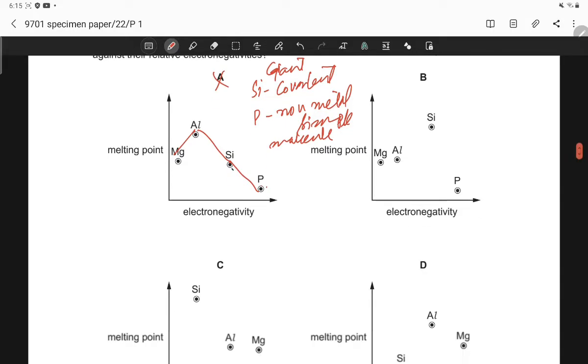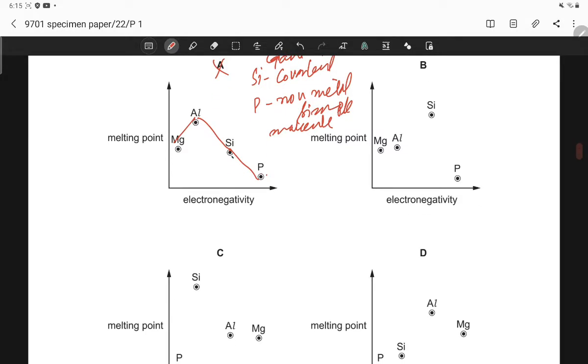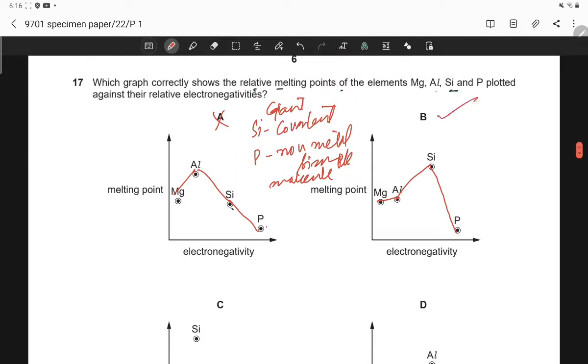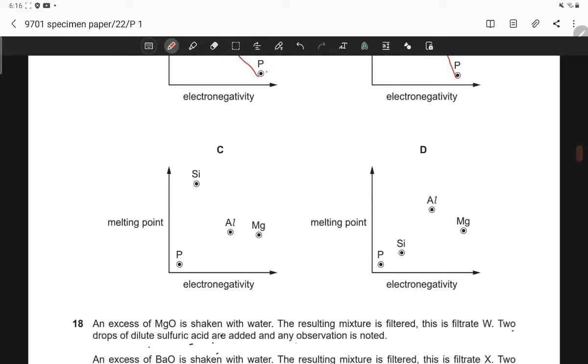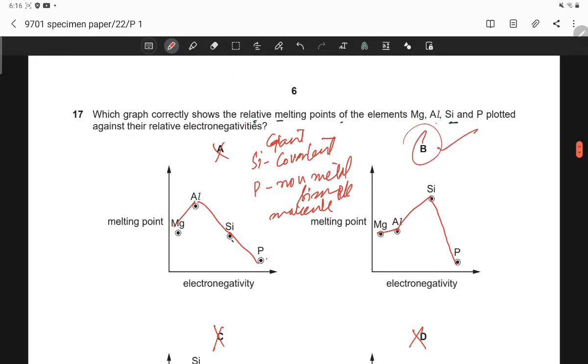So this is incorrect. So this is magnesium, then aluminium. Silicon is a covalent molecule, and this is the trend of the third period, melting point and electronegativity. And this is wrong because phosphorus is the strongest electronegative element, so this is incorrect. So over here again phosphorus is strong, so B option is the correct option because magnesium is present in group 2,